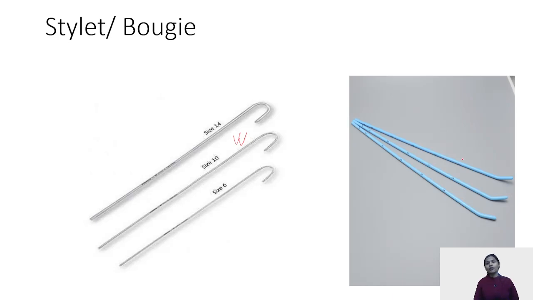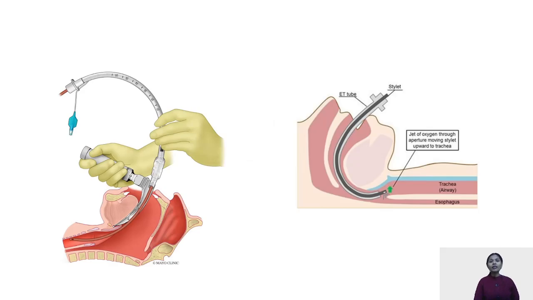Second is the bougie. This is the bougie. The function of the bougie is that you railroad the tube over the bougie. The bougie is first introduced into the vocal cords, and following the bougie, you railroad your endotracheal tube over the bougie and then take it out. This is the bougie. See, laryngoscopy done. This bougie has been introduced into the vocal cords, and now the endotracheal tube is being railroaded over the bougie. And this is the stellate. The stellate is inside the ET tube, and then it is used for intubation. This is the difference between a stellate and a bougie.